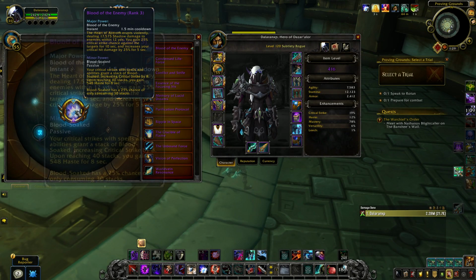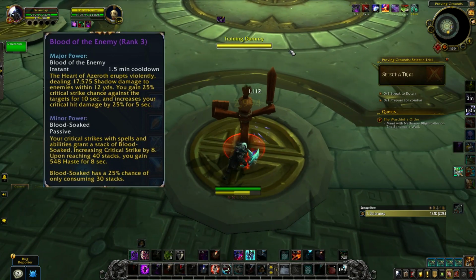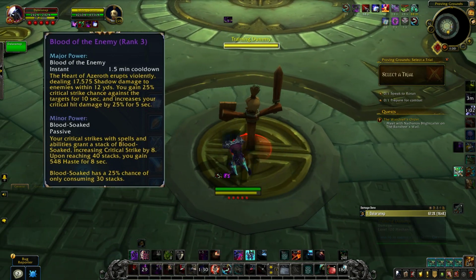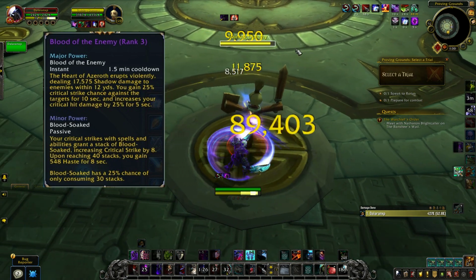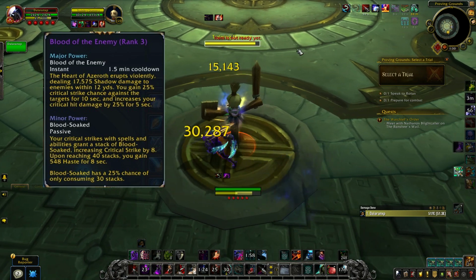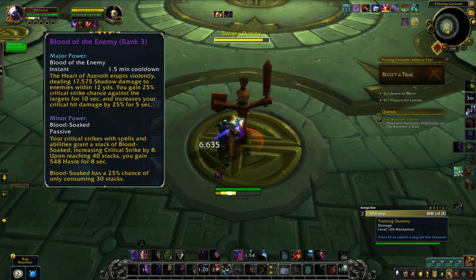When it comes to Subtlety, again, we're going to be talking about the same exact essences, but what each essence offers for you in terms of change of playstyle is what's going to be different. Which I guess is a good thing, but also a bad thing, because you're not really getting that much variety between rogue specs. For Subtlety, Blood of the Enemy is going to be a viable option,